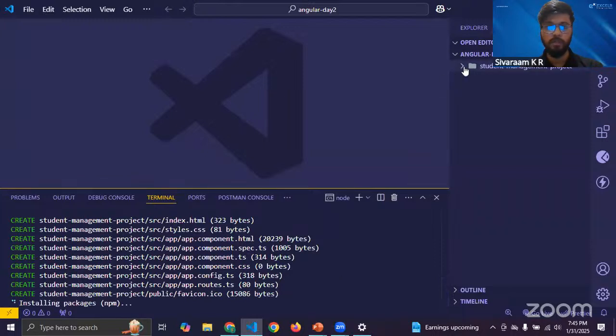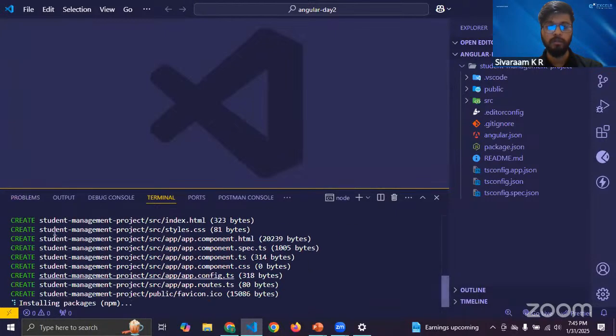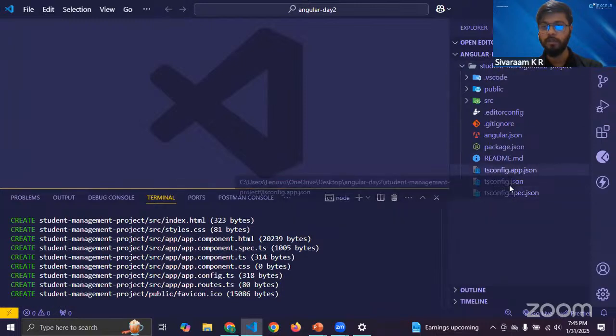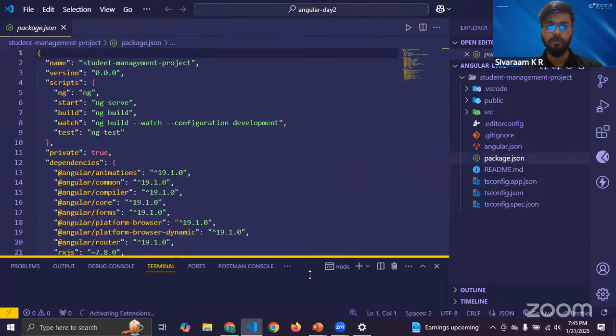You can see here, as soon as I hit ng new, my project name, Angular has started doing its work. It started generating my files. So we went through these files. These files are nothing but your TypeScript configuration. And then we also went through what is our